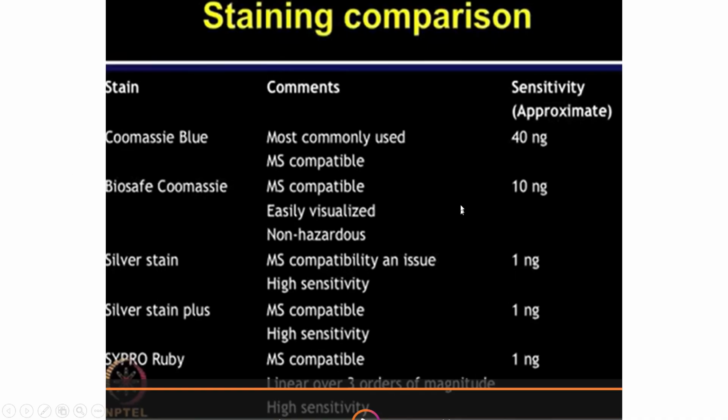So this is just an overview of all the staining techniques: the Coomassie blue, Bio-Safe, Coomassie, silver stain, plus Ruby, as well as Pro-Q Diamond, etc. There are a number of them, and their sensitivity ranges. So these are more sensitive. If your protein is very low concentrated, you can use these techniques, and if it is highly concentrated, with good enough concentration,